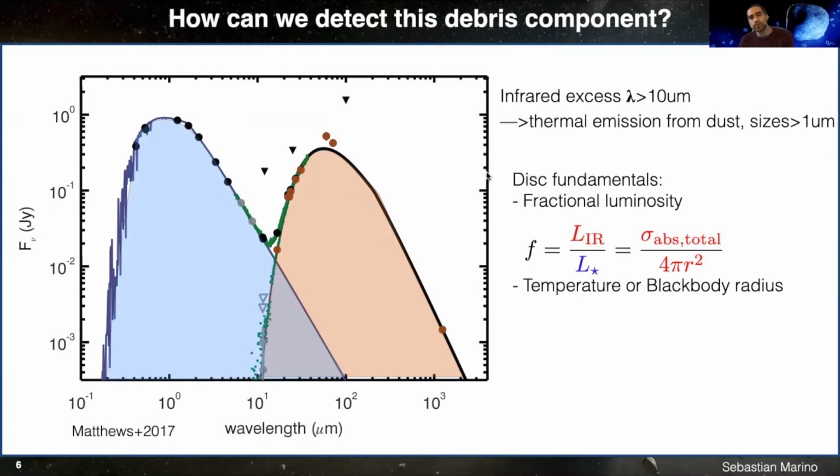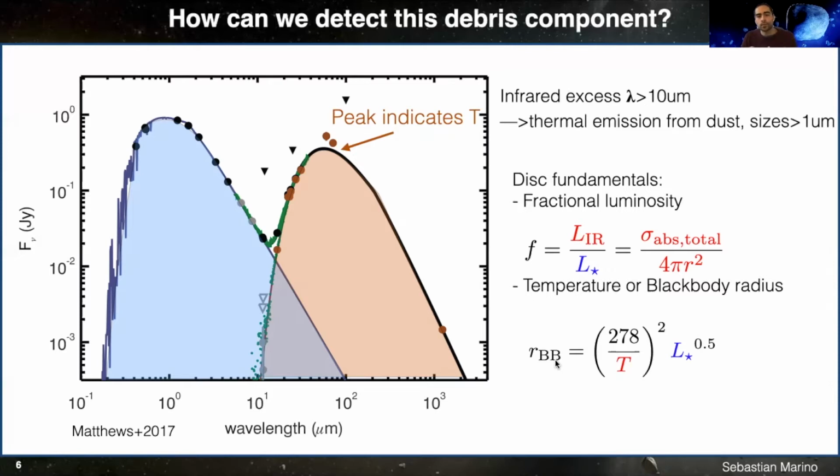And this ratio must be equal to actually the fraction of the energy irradiated by the star that is captured by the dust, so absorbed by the dust. So from simple geometry, that fraction must be equal to the cross-sectional area of the dust divided by 4πr², which is the area of the sphere. Okay, r here is the distance between the star and the dust. So from this quantity, we can learn something about these two quantities, although it's degenerate, right? But from the peak of the dust emission, we can know what the temperature of the dust is, right? And because the dust should be in thermal equilibrium, the temperature of the dust and the luminosity of the star tell us what actually is the radius, at what distance this dust is. So the further away it is, the colder it should be, and the closer to a star,